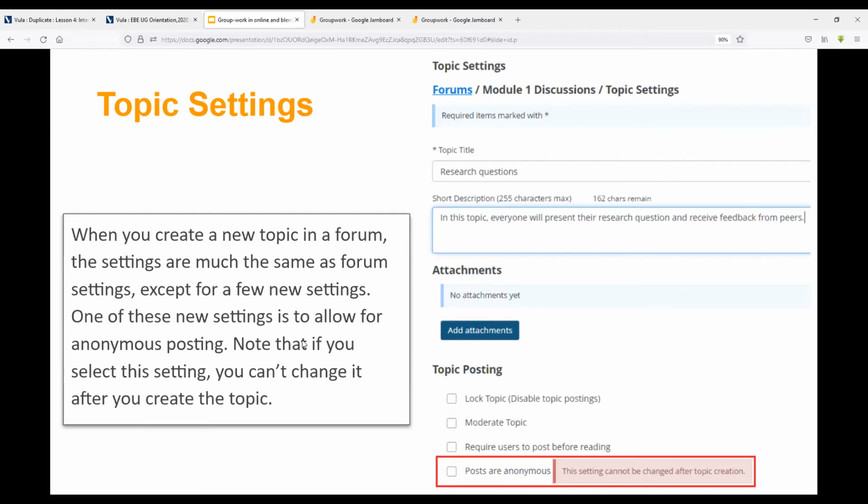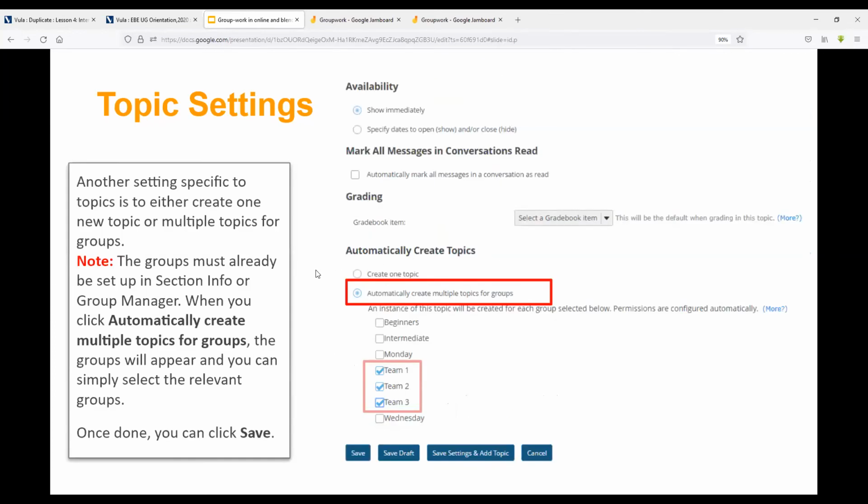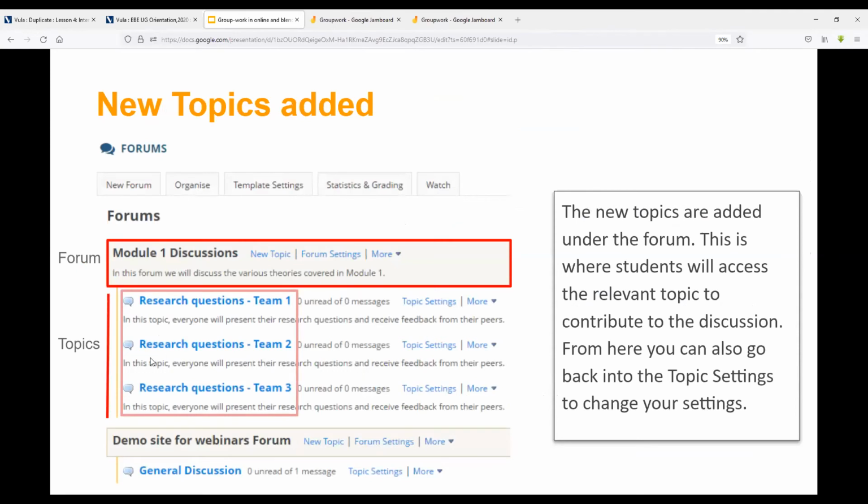So if you have a large class and you want groups, rather than all 100 students discussing in one single topic, you want groups of 10 discussing their own topics. So long as you have created your forum and you've created your groups, when you create new topics, you can automatically create topics for groups and then select all the different groups that you have created in your site. And when having done so, each of them will have their own topic place to discuss in. A bit more intimate, allows tutors to find their own students if you want your tutors to be monitoring participation, for example, and keeps the conversations and the threads a little bit more manageable.